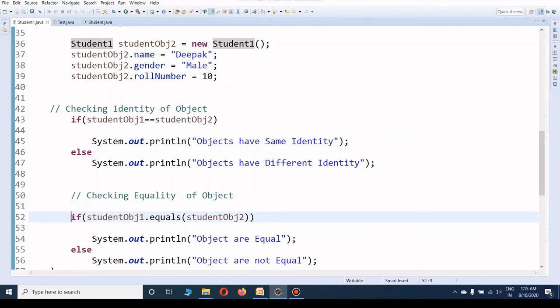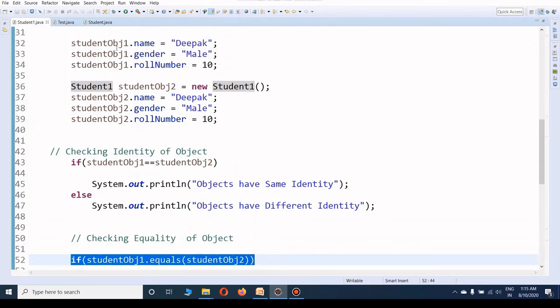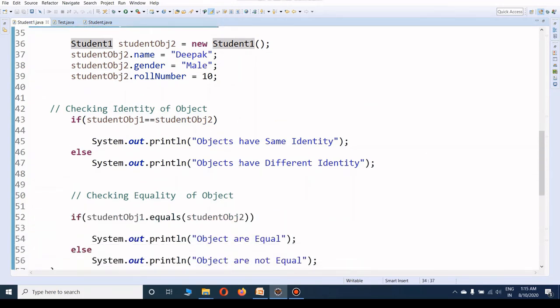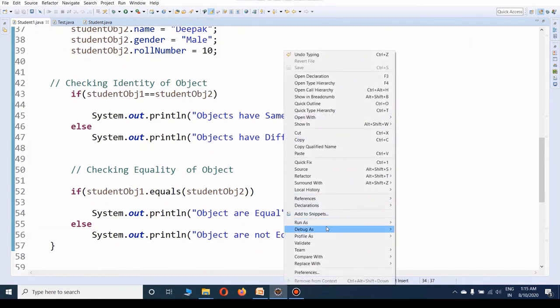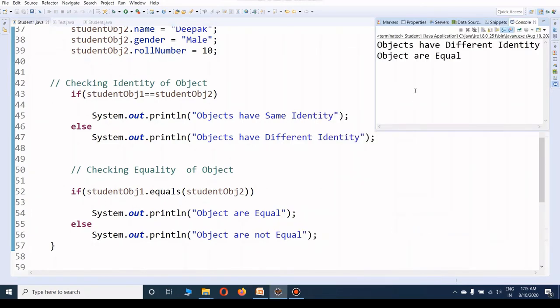But for the equals method condition, both have the same values, so we can say that they are equal objects. Run it. See, objects are equal. Here the equality operator fails the condition, while the equals method satisfies the condition. So this is how we can use the equality operator and equals method in our code.